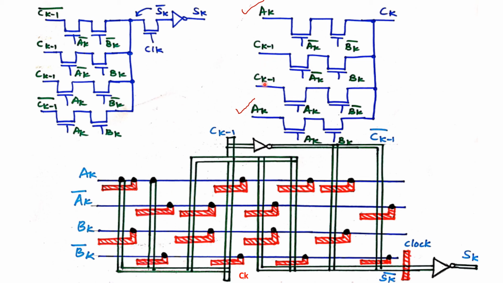The next two, carry input is passed if the input is 0, 1 or 1, 0. So carry input is passed to output variable. So carry input passed to output variable if the gate input for this transistor is A bar into B, that is 0, 1. Similarly, carry input is passed if we have the gate input as 1, that is A, and 0, B bar, so 1, 0.